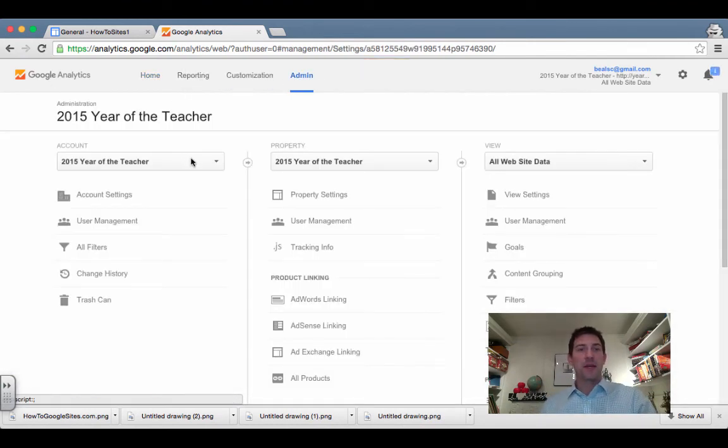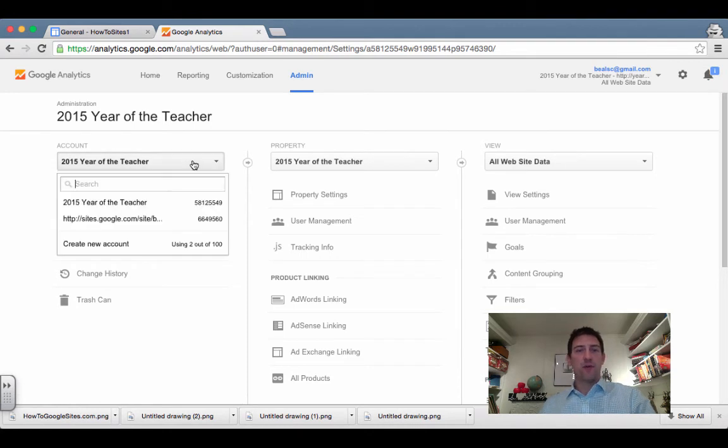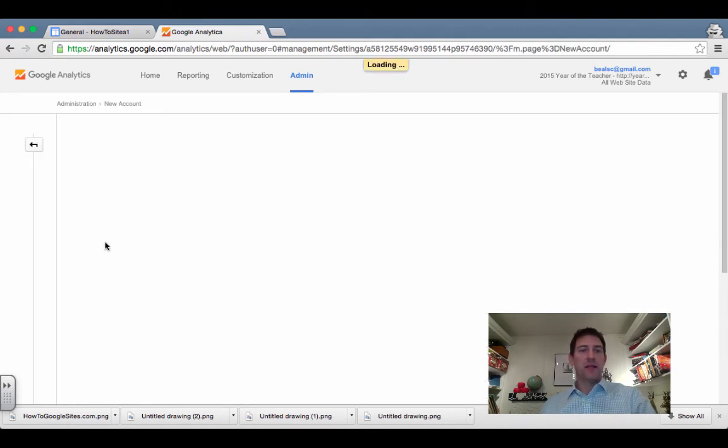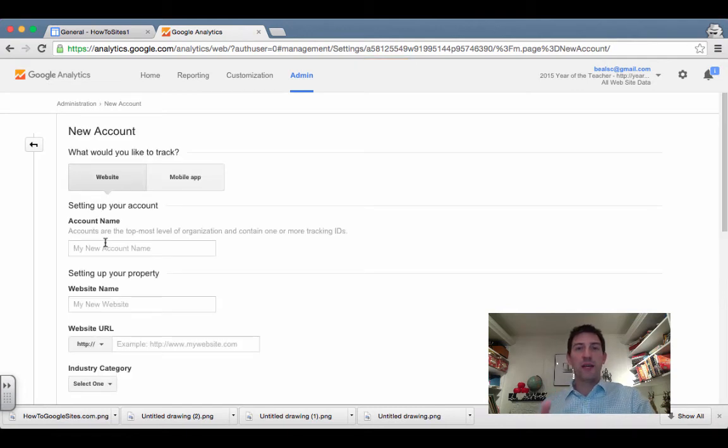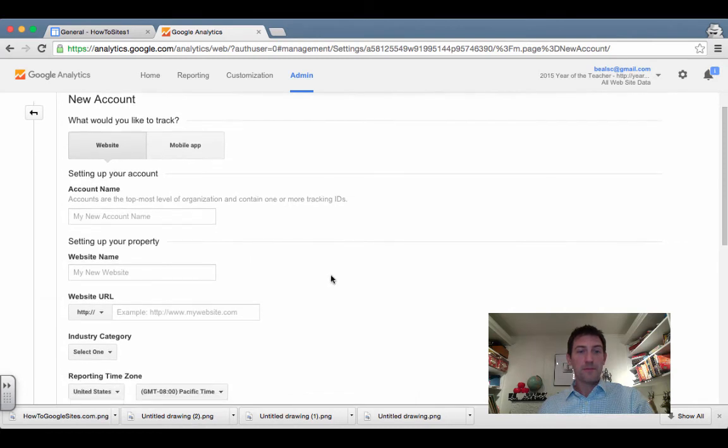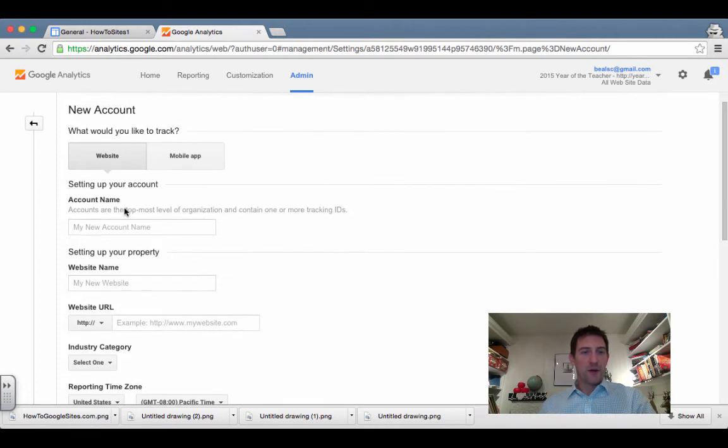If you go to admin and then click on account over here, you're going to see create new account. And that's going to give you the information that you need to paste into the new site that you've just created, so that you can actually see how that site is operating. So how do I do this? I fill out my account name. I'm going to call this how to